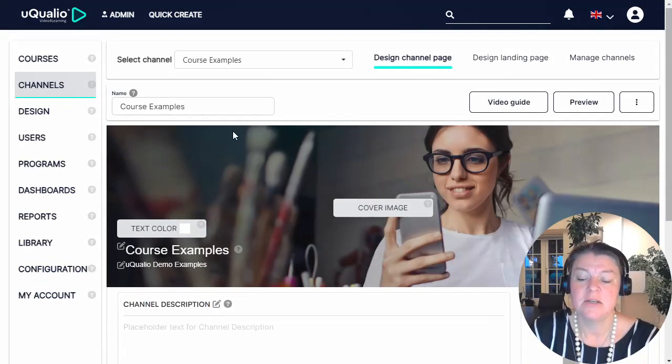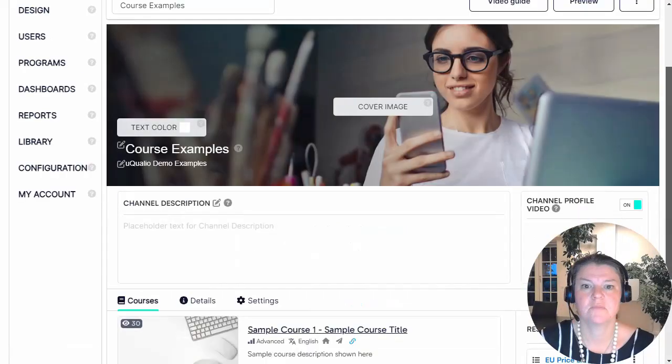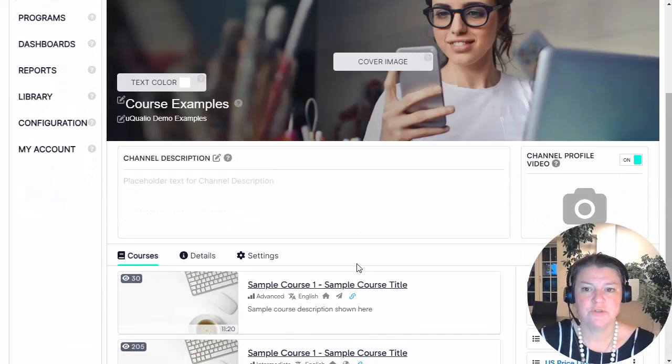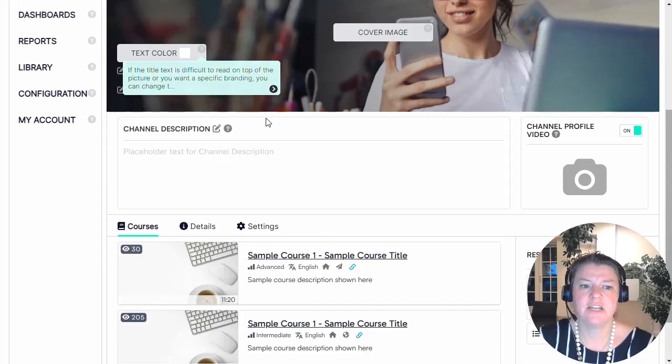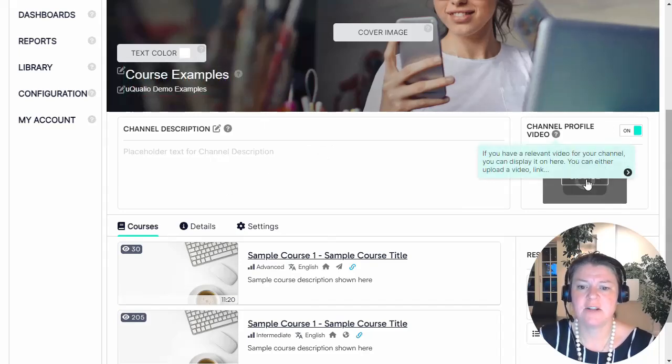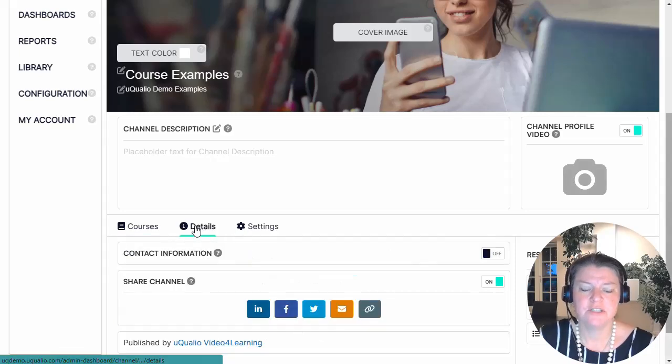needs. It could also be specific product needs or training needs. It's a what you see is what you get editor, so this makes it easy for you. On the what you see is what you get editor, you can set the cover image, the text color, you can add descriptions, add a channel profile video, add general resources, but you also need to go into details, fill